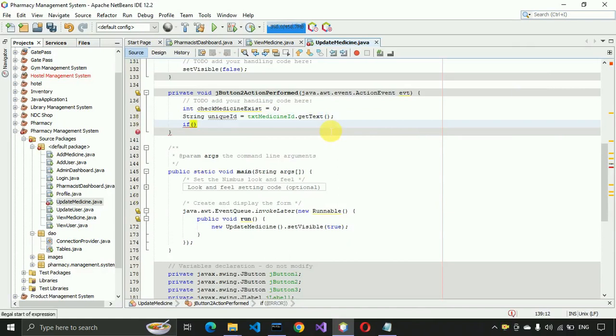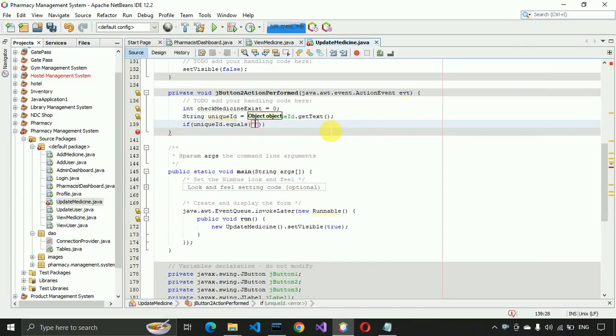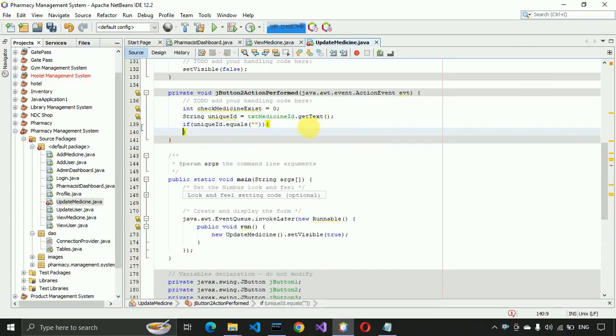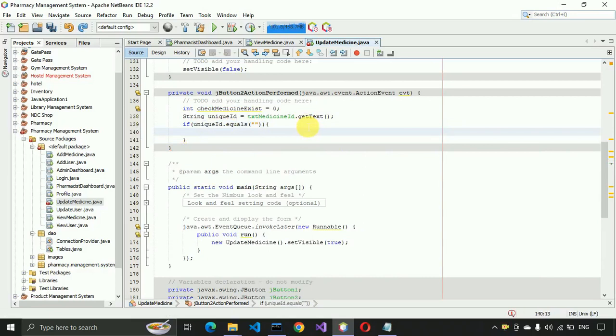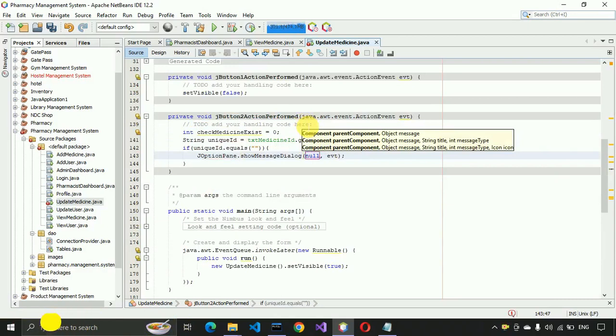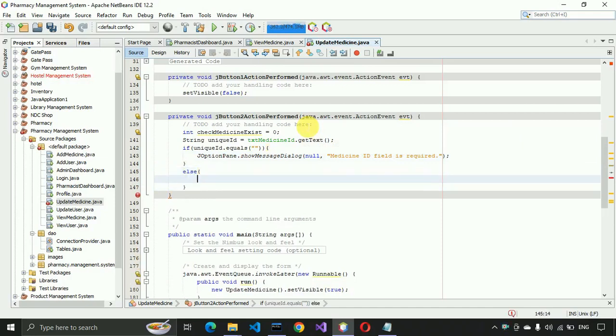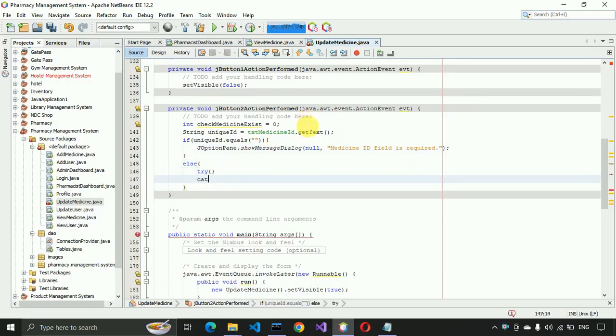And if unique id dot equals inputs, here we have to display the error message: JOptionPane.showMessageDialog(null, and here we have to write "unique medicine id field" while we need to display this message. And in the else condition we need to search, try catch,